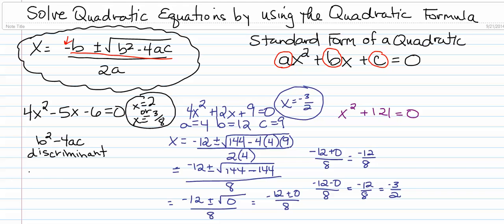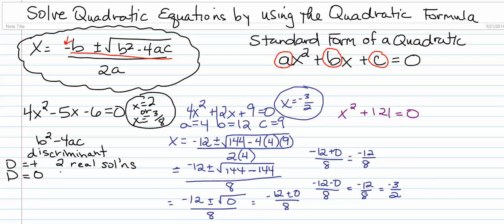If the discriminant is positive, and I'm going to use a capital D to stand for discriminant, you know that you're going to have 2 real solutions. Just like we did in the first problem, we had x equals 2 or x equals negative 3/8. We had 2 answers. If your discriminant is 0, like it was in the second example, we have 1 real